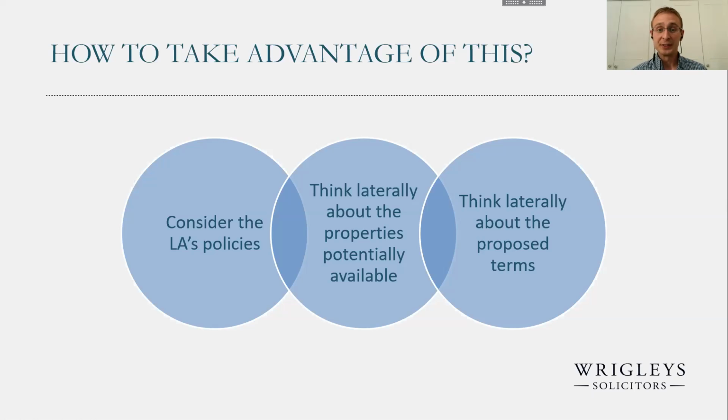The power already exists. Again, this is separate from community asset transfers specifically, but there is a power in Section 233 of the Town and Country Planning Act for them to dispose of the land they've acquired for such purposes. That's a separate seminar topic in itself, but hopefully it demonstrates that local authorities have the power to do things. And sometimes as the sector, we need to help encourage and educate our friends at authorities about the possibilities that do exist, to help grease the wheels, shall I say.